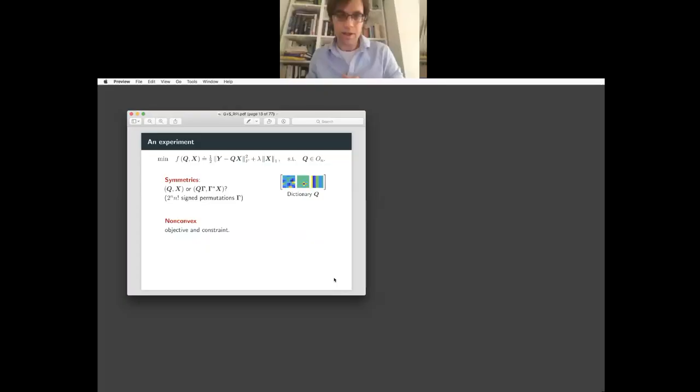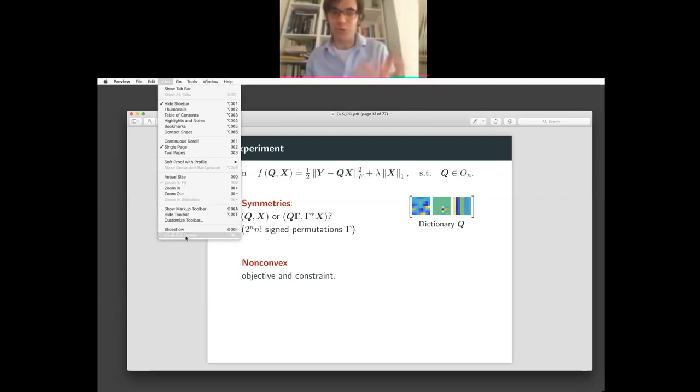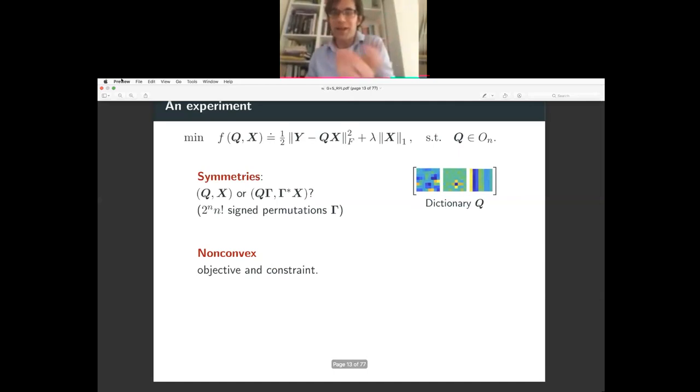In particular, this problem of finding the best orthobasis for a given data set reduces to what's known as an orthogonal Procrustes problem. So you can basically solve that with an SVD. The problem of solving for x given q is a lasso problem, but the particular lasso problem that we run into here is efficiently solved with one iteration of soft thresholding. So it happens that this particular formulation is really nicely amenable to this sort of alternating directions.